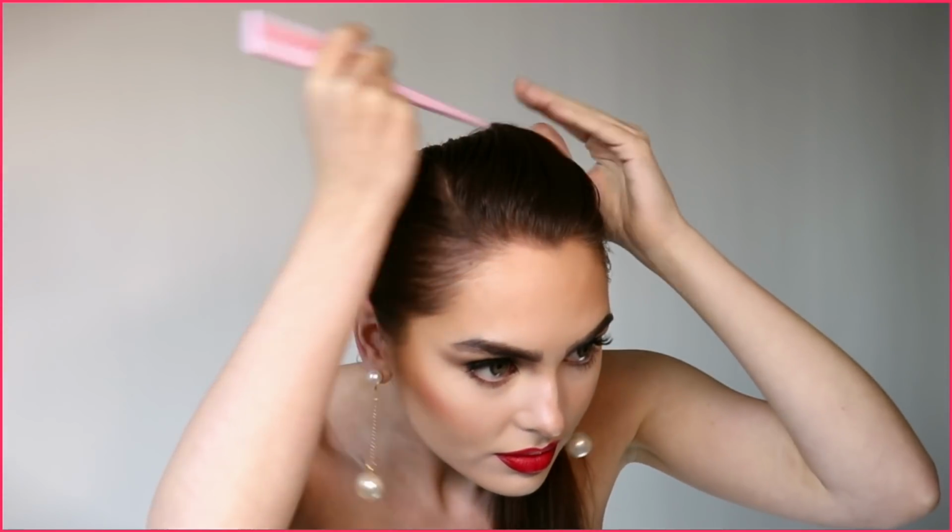It wasn't an intense poof or anything, otherwise we would want to do that beforehand, but I did notice it had a tiny bit of height and texture while the rest of the pony was very sleek. I almost always go with a really high pony, but I like this mid-high pony. I think it's really cute, and we're using the same curling iron to finish it off, but like I said,